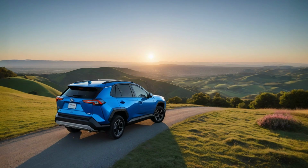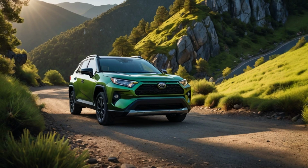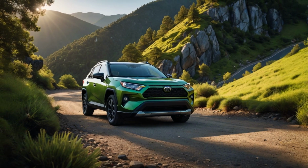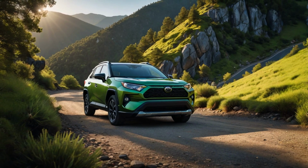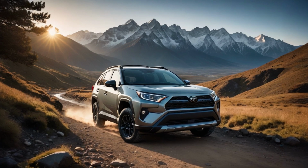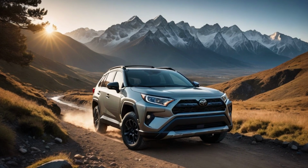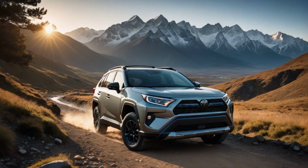On the performance front, the 2025 RAV4 does not disappoint. It comes with a choice of powertrains, including a 2.5-liter Dynamic Force 4-cylinder engine and a highly efficient hybrid variant with an estimated 40 miles per gallon combined. The RAV4 also introduces an advanced all-wheel drive system with dynamic torque vectoring, ensuring excellent handling and stability across various